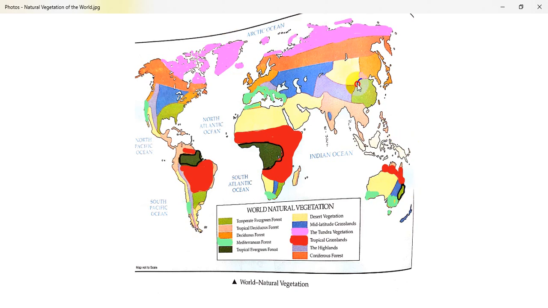Then Southeast Asia, the southeastern part of Africa, and South America also have temperate evergreen forest. And in the northeastern part of the USA we have temperate evergreen forest. So this light green color indicates the temperate evergreen forest.